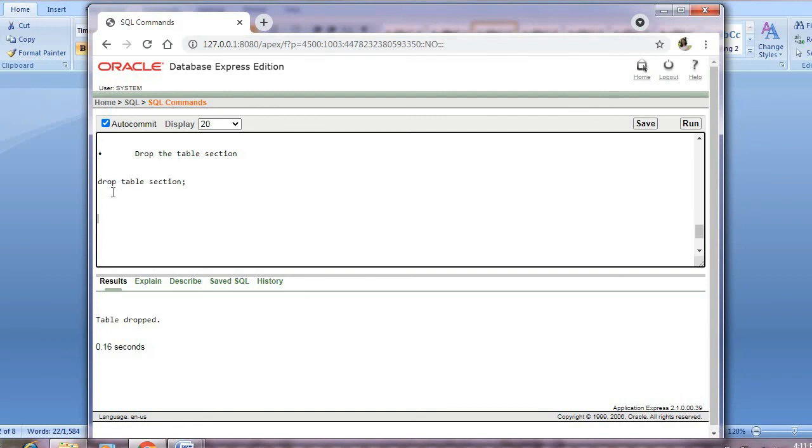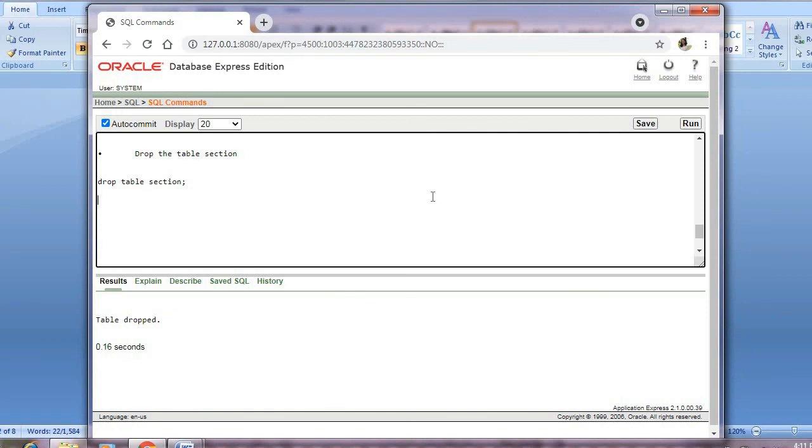I have written the command, drop table section. Once I click on drop table section, below it shows table dropped. This is how we have to drop the table. Once you drop, you won't get the table again. So when you are dropping, you have to be very careful.